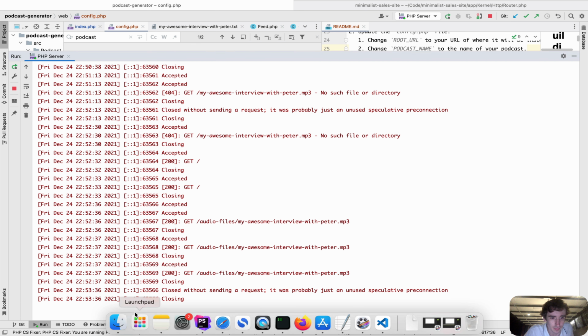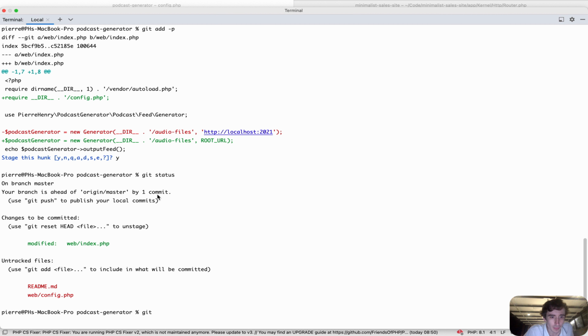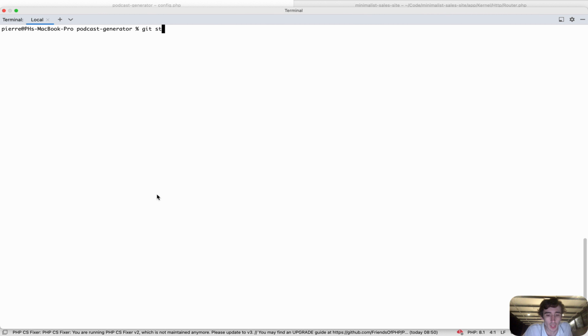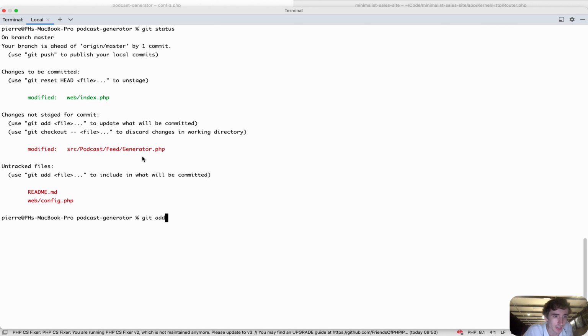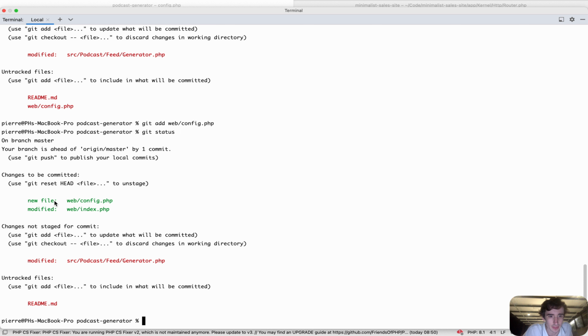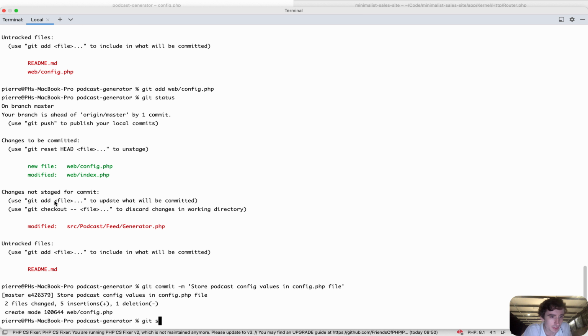Terminal, perfect. So we can add the config file in the git stage. So now we can already commit this: store podcast config values in config.php file. Beautiful. And then we can add the readme,